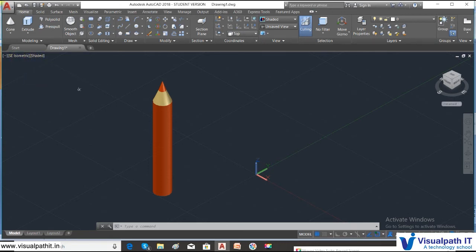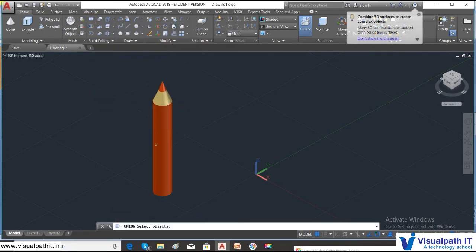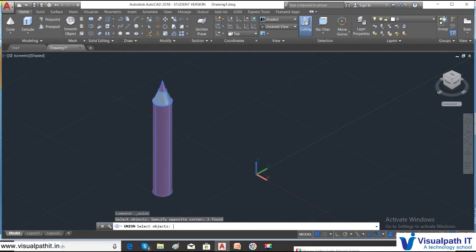So now these three things are separate. 1, 2, 3. Now what I can do is make this as one single object by selecting, and you have to use the command called solid union. The union is asking for select objects. So I'm selecting this object. Press enter. Now it has become one single object. Select and see. One single object. Okay. So now